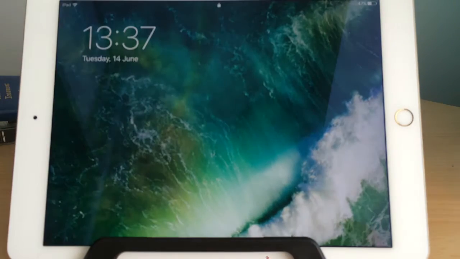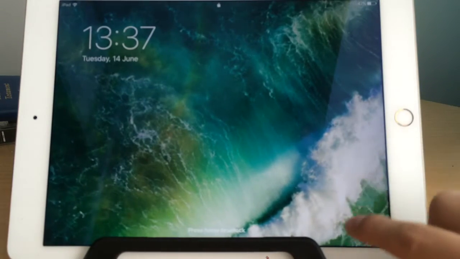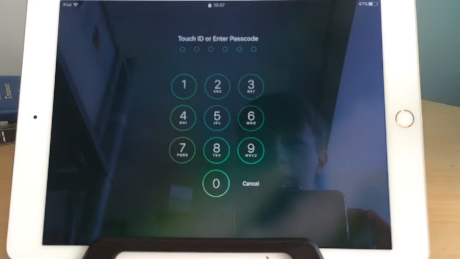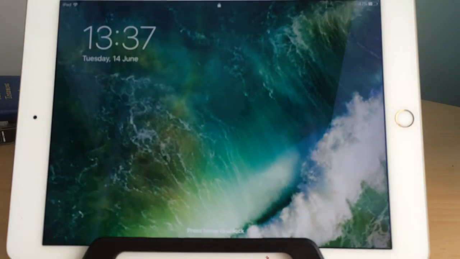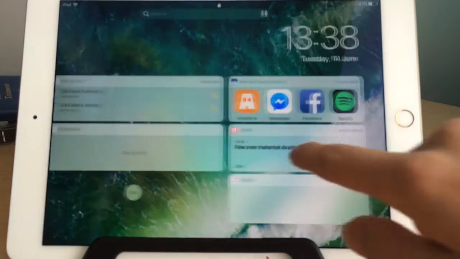But yeah, so basically this is one of the new wallpapers, and this is the new lock screen area. So you can actually press the home button to unlock, and it will bring you to Touch ID, or if you don't have a password it will automatically unlock the iPad. And if you slide left here,